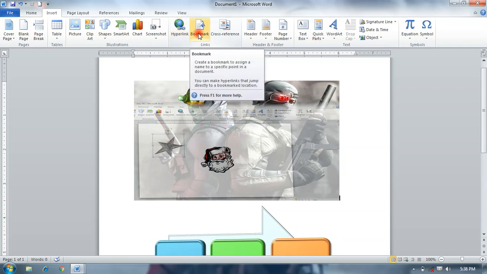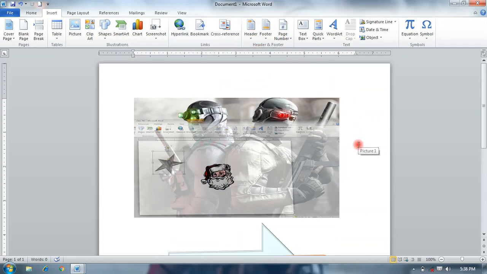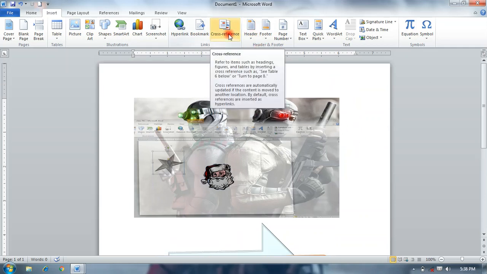Bookmark assigns a number of points or access points to any object or project, and you can easily find it by providing a link. Cross reference refers to different types of options to figure out your work.